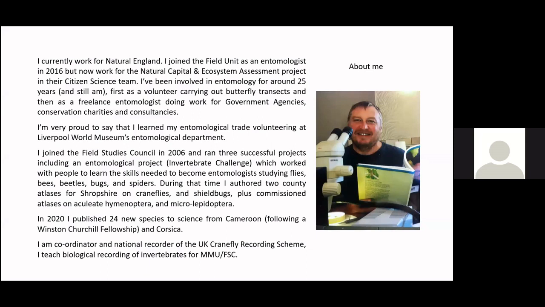I'm incredibly proud to say that I learnt my entomological trade volunteering at the Liverpool World Museum's entomological department. I used to visit every Thursday as a volunteer for about 10 years, and I met some of the people who are on this call tonight, such as Brian Formston there, and many others, and got a really good grounding